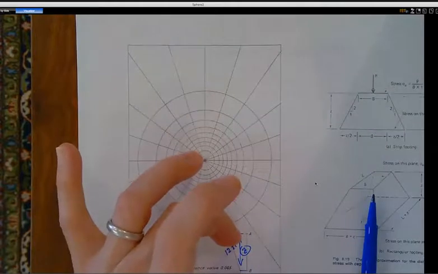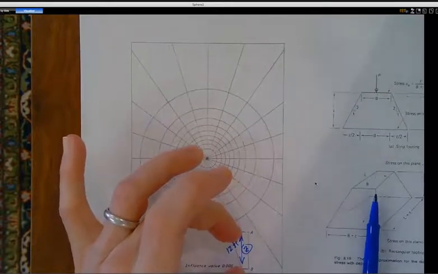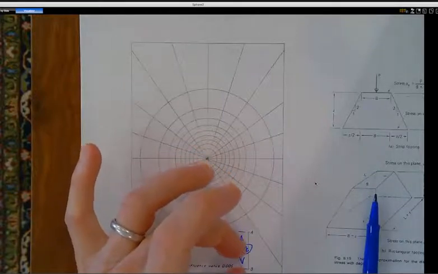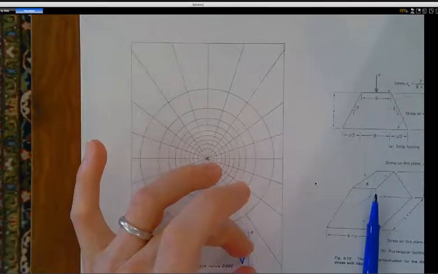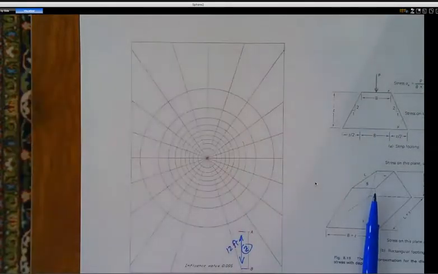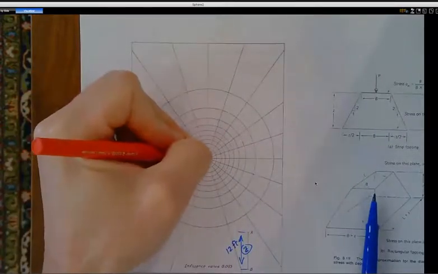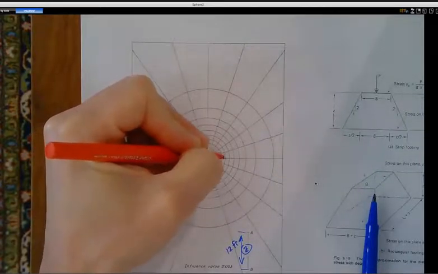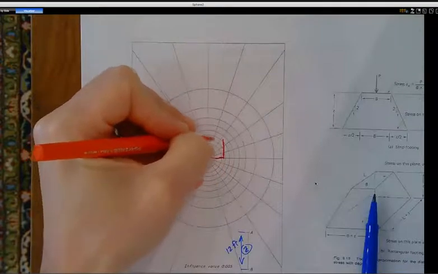And I'm just going to eyeball this. If you're doing this, you might use a ruler and dial it in a little better than this, but I'm going to go with 2/3 of that distance. So something like that, and bring that up here and show our foundation in the right location at the right